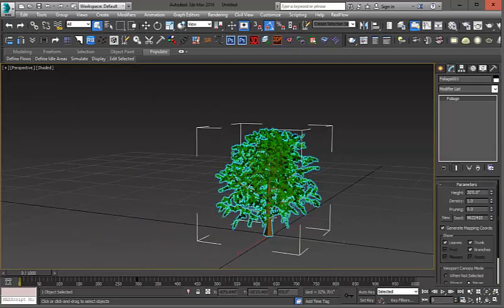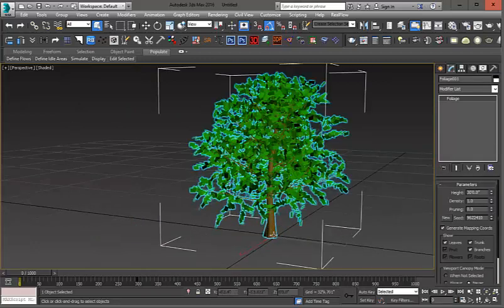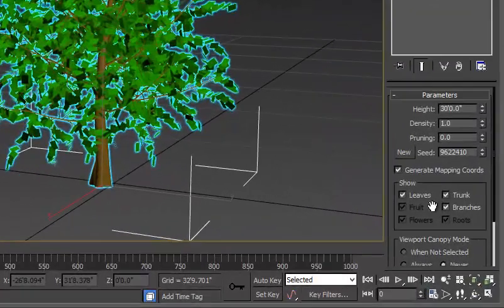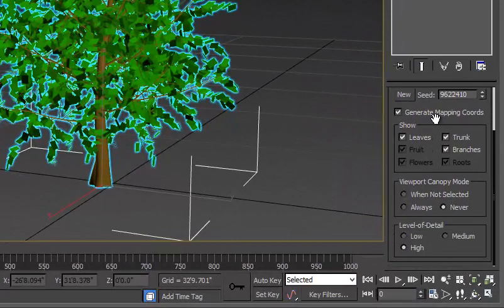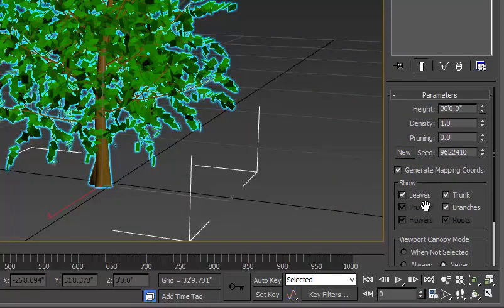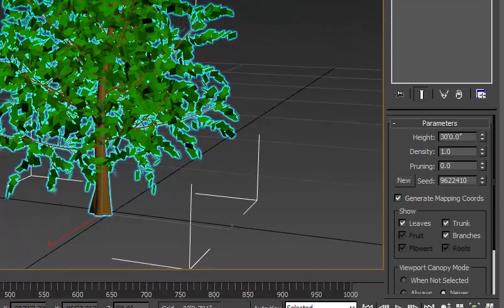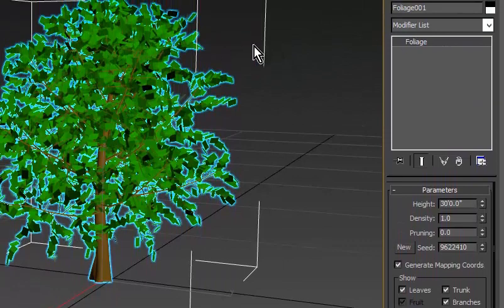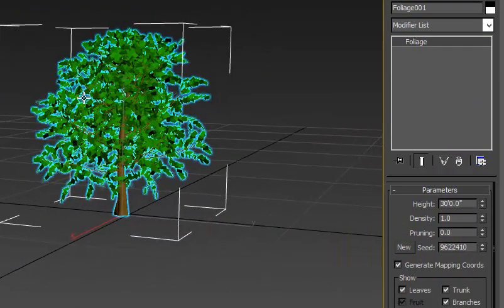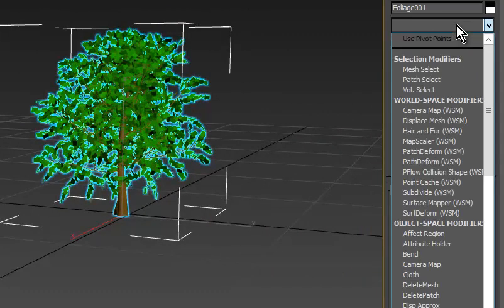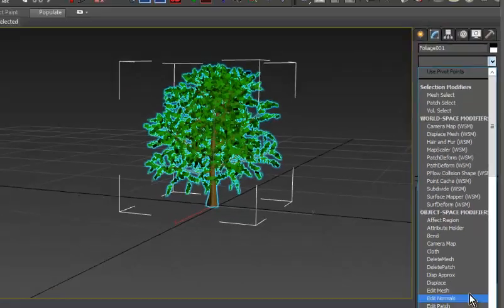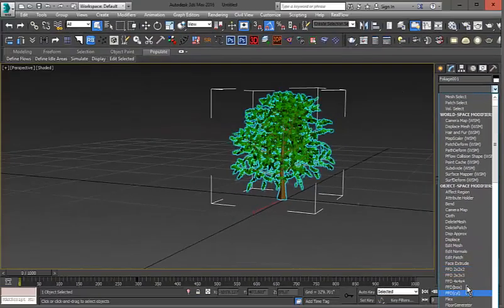So let's say you wanted the tree to have a longer trunk. Well, that option isn't here for it to have a longer trunk. However, you could add a modifier. Remember, modifiers are here to modify what exists and to give you additional parameters where it's not provided. So if I choose edit to add an edit poly